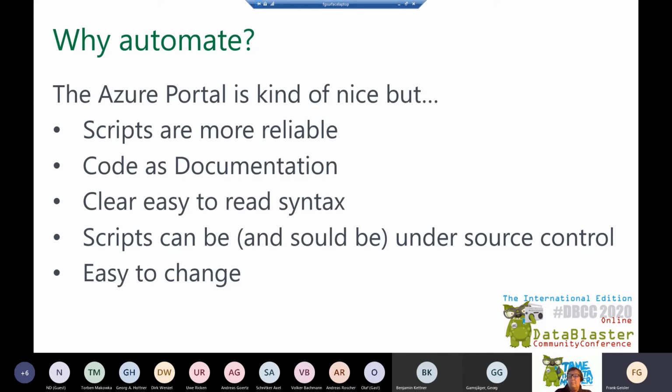And if you do it a little longer, then I think it will be the same with me, that you fall in love with this kind of work, or with this kind of doing things, because it's really great to do this in scripts. And another thing which is very important compared to clicking in the portal is that scripts can be, and